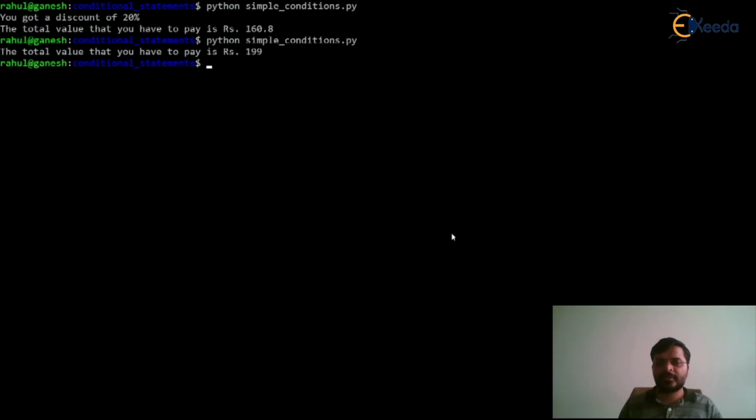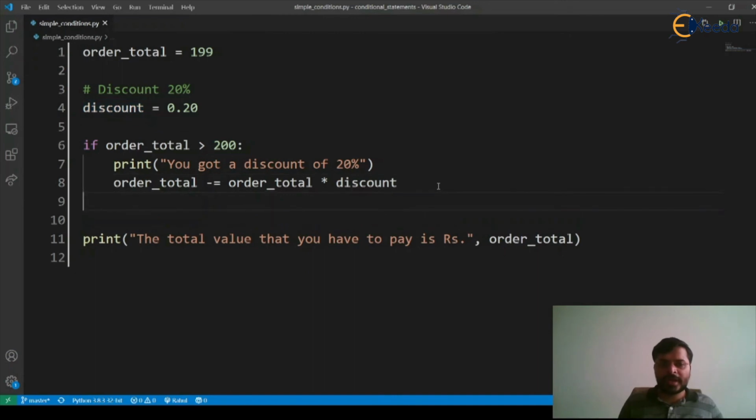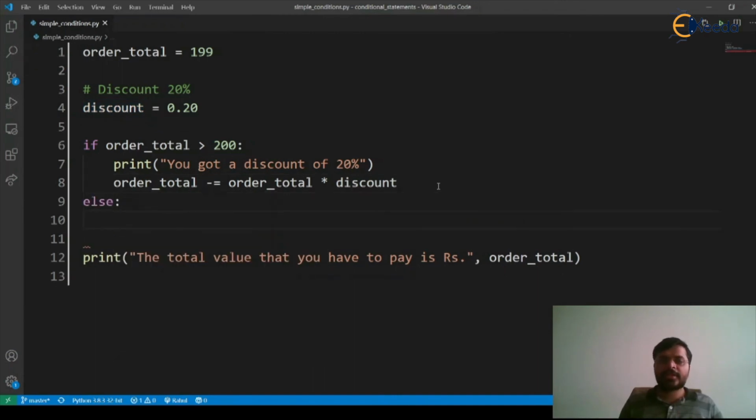Now let's say you want to inform your customer that there is no discount applied, but there is a discount if the order total is greater than 200. How can we do that? For that we use an else, which is executed if the condition in the if statement is false.